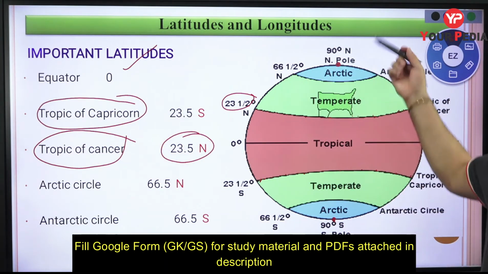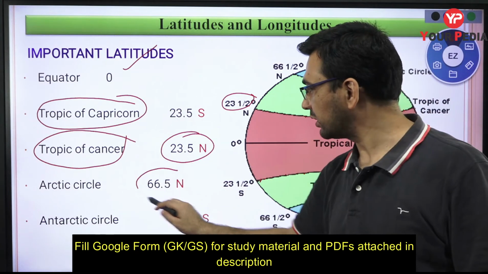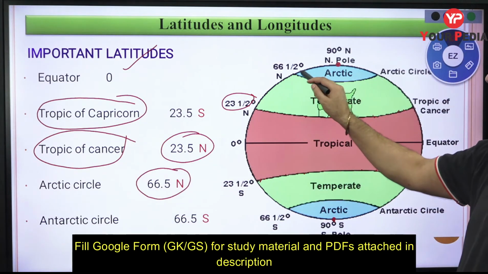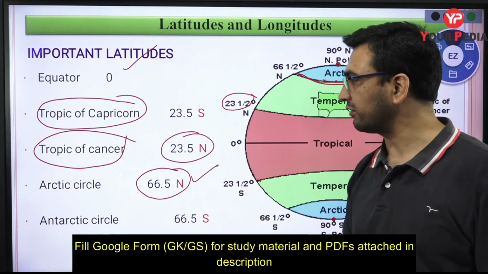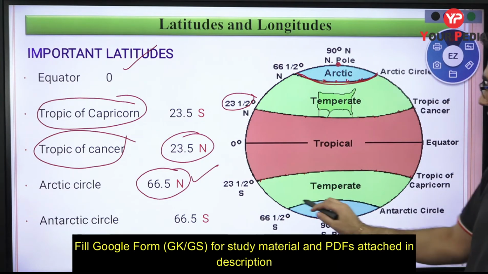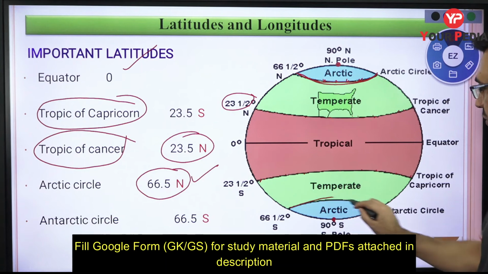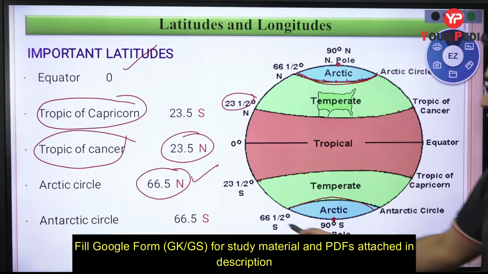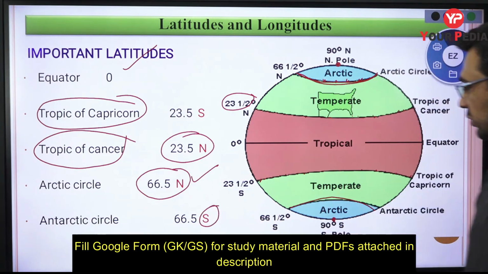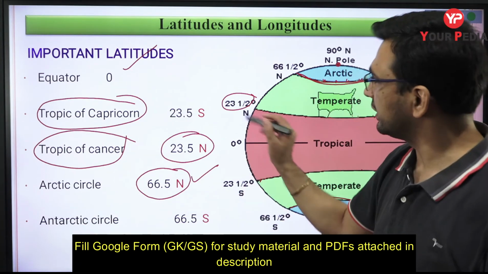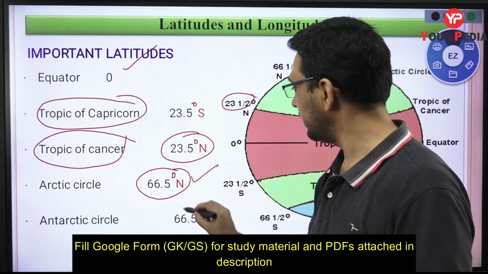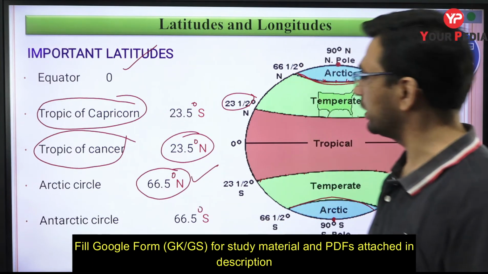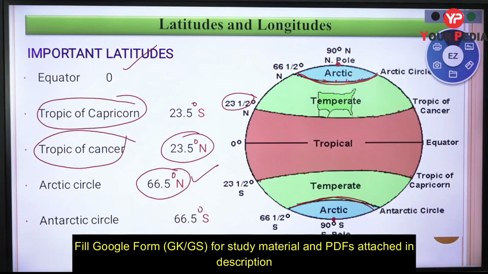Same way, as we move up, we have one more circle that we draw, at 66.5 degree north latitude. All these points combined together give you this parallel. This latitudinal position is a circle called the Arctic Circle, and on the similar circle down there on the south, at the same latitudinal position, only the difference being this is south, I need to specify the degree that you know. Okay, Antarctic Circle, this becomes the Antarctic Circle.